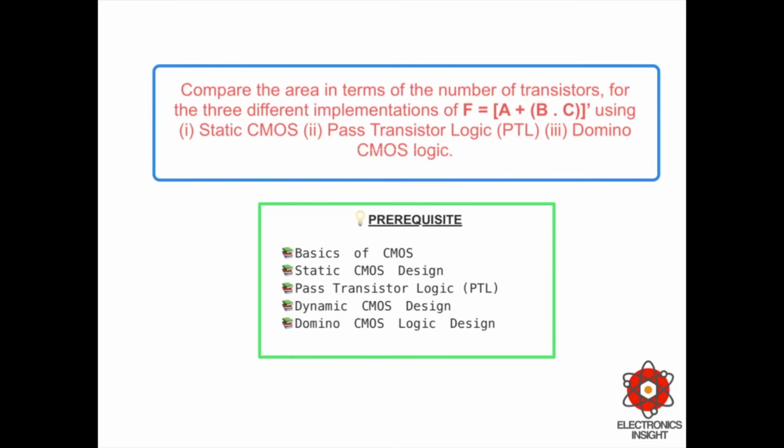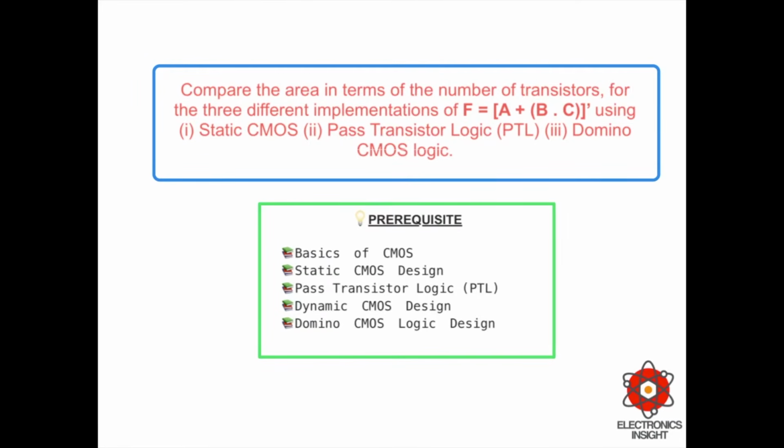Welcome to the session of Learn Before You Solve. The problem statement is: compare the area in terms of number of transistors for the three different implementations of F equal to (A plus B dot C) the whole bar, using static CMOS design, pass transistor logic, and domino CMOS